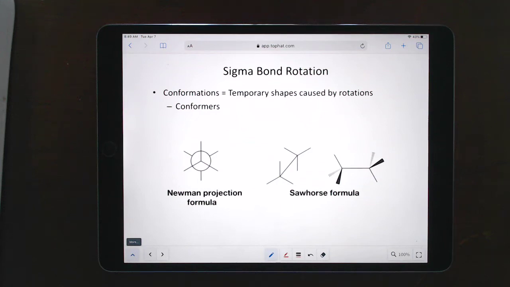Hello, this is chapter 5 of the Top Hat textbook. In this chapter, we're going to be starting to think about alkanes and other molecules in a more three-dimensional shape. So the first one we're going to talk about is just the simplest form,